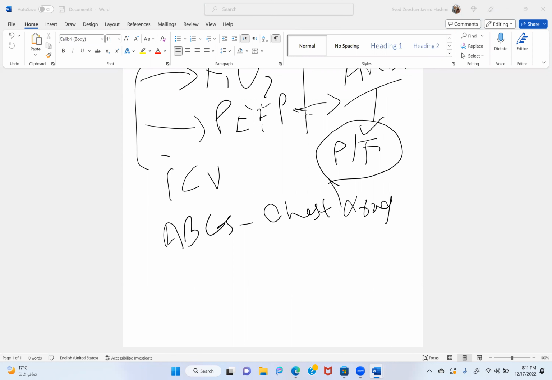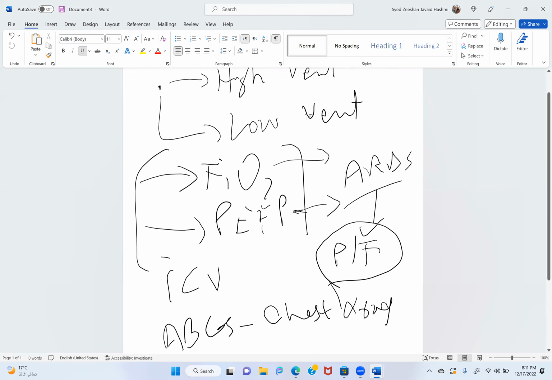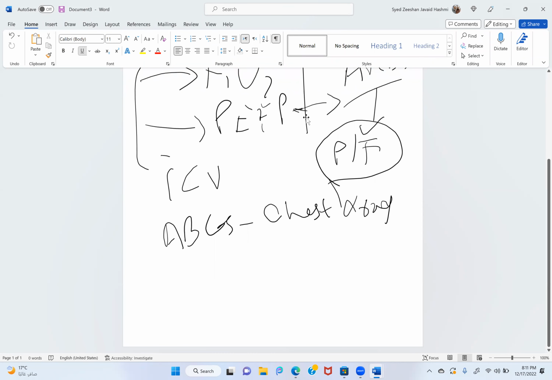What else can we add with reference to the respiratory system? Regarding circulation,